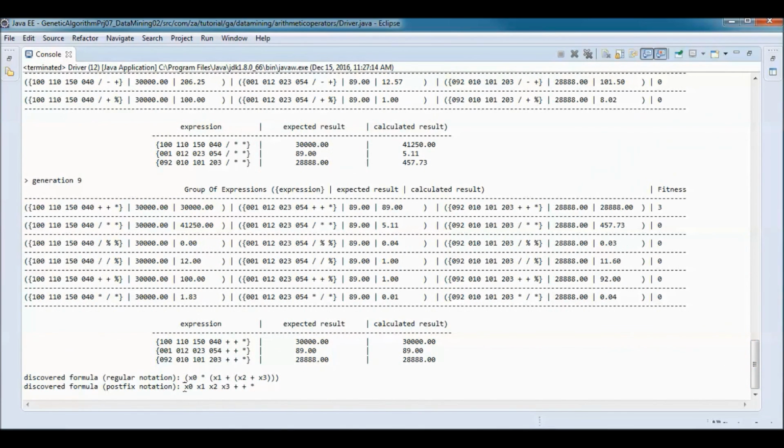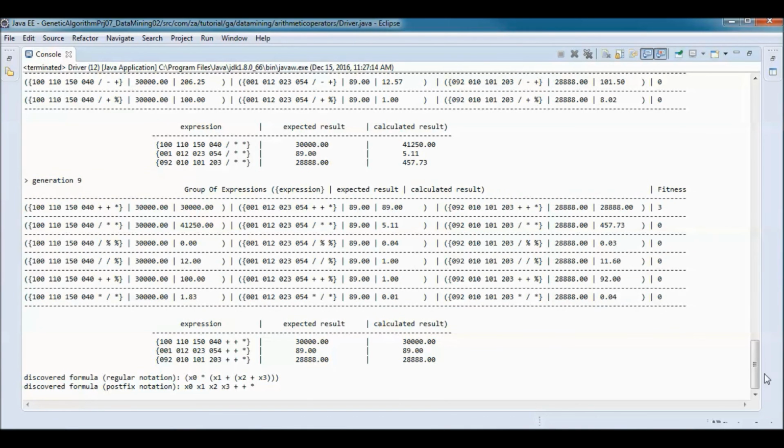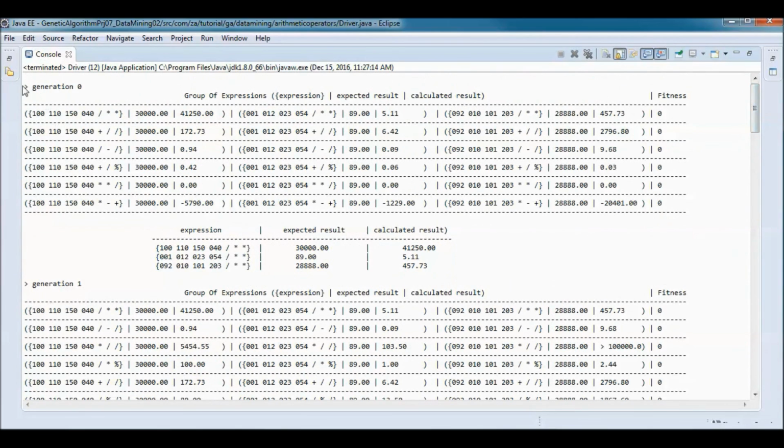We discovered this formula written this way in regular notation, and all the expected results are equal to the calculated results here. So we went to generation 9 from generation 0.